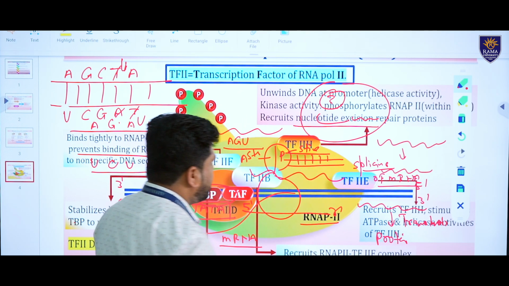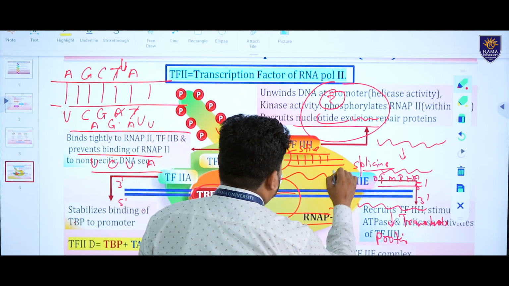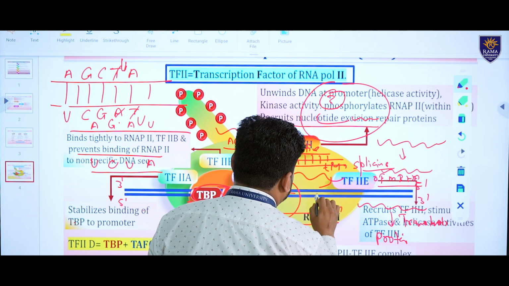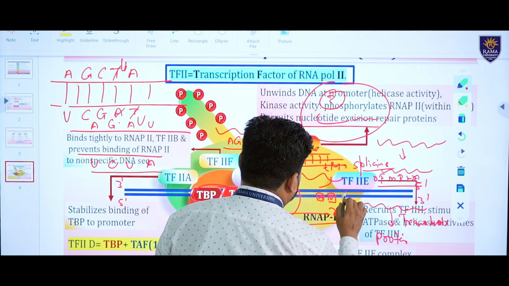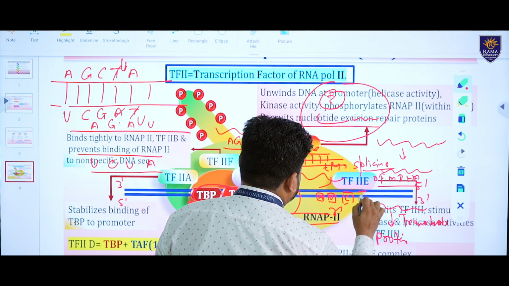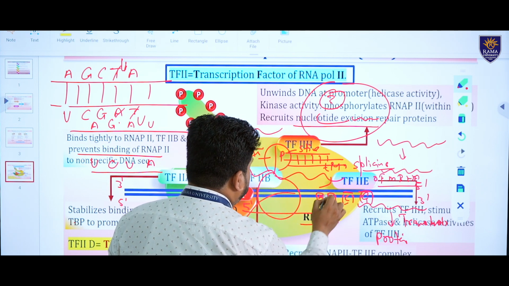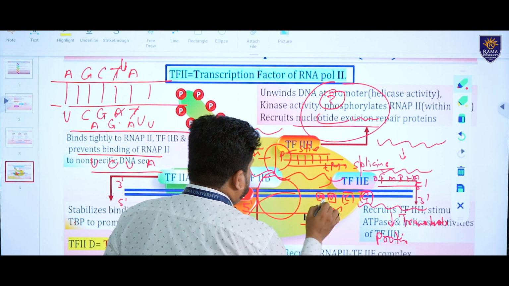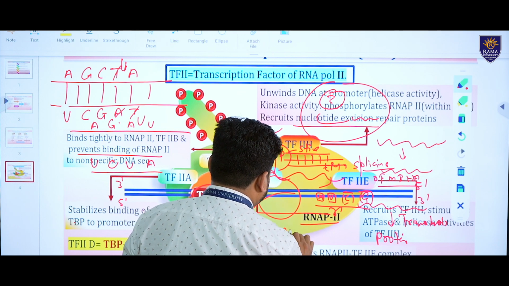P site means the peptidyl site. The tRNA helps in transferring the nucleotide sequence, adenine, uracil, guanine, cytosine. These are the nucleotides. The tRNA is transferred to the peptidyl site, and in this way these specific nucleotide sequences